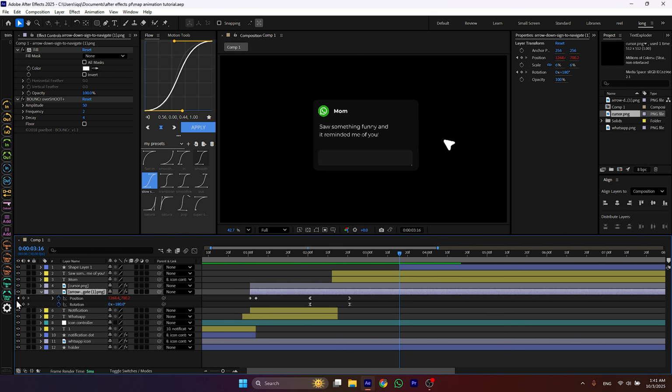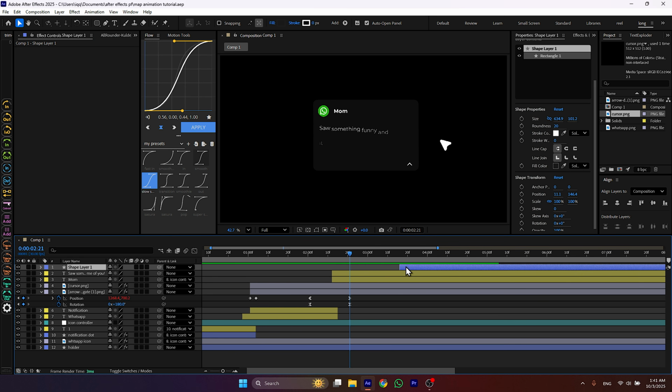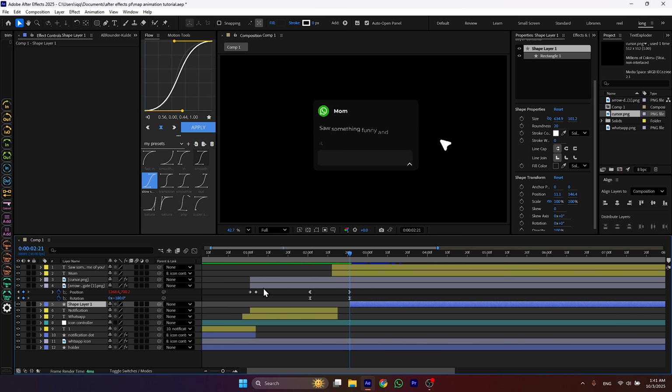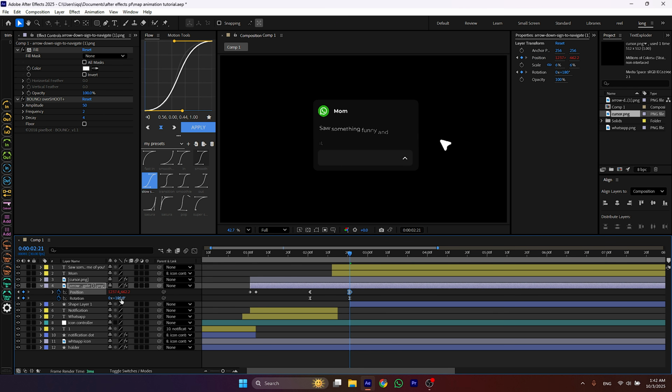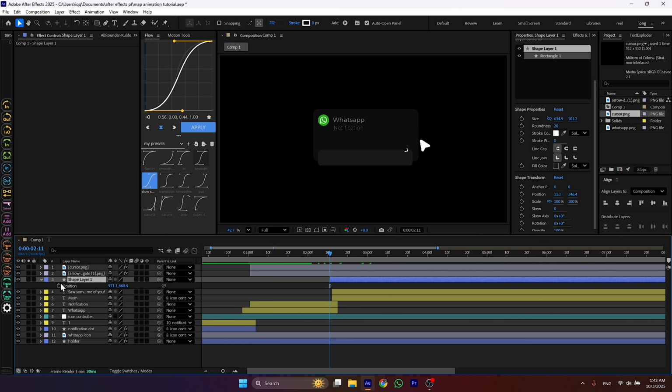Actually, I'm gonna change the values for this arrow. Then animate the reply box as well.